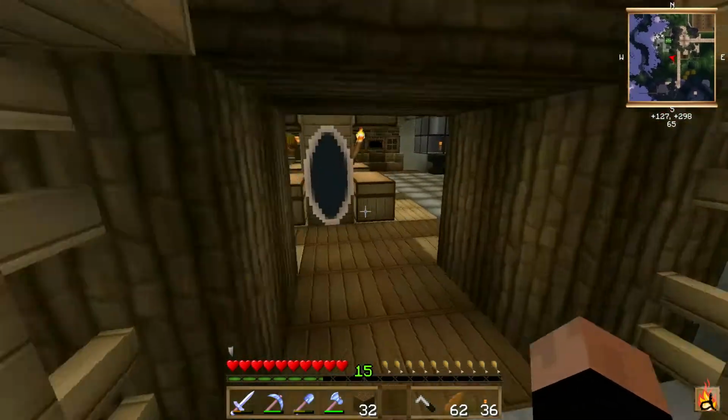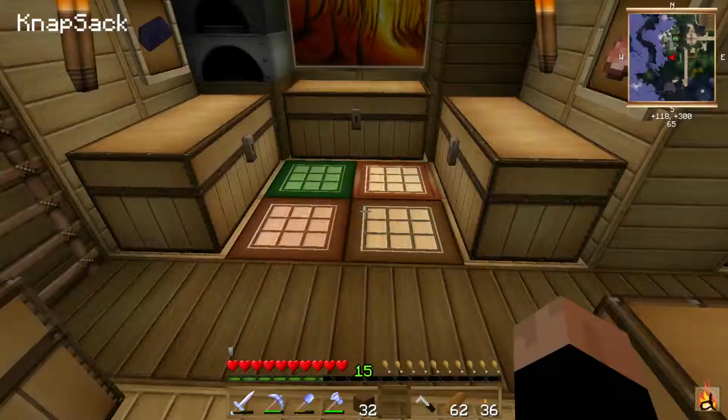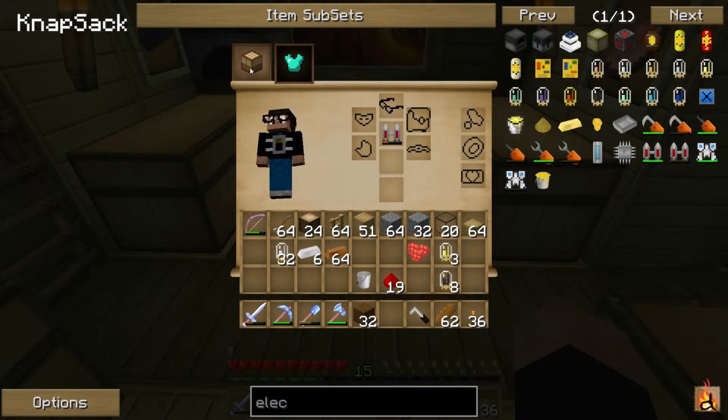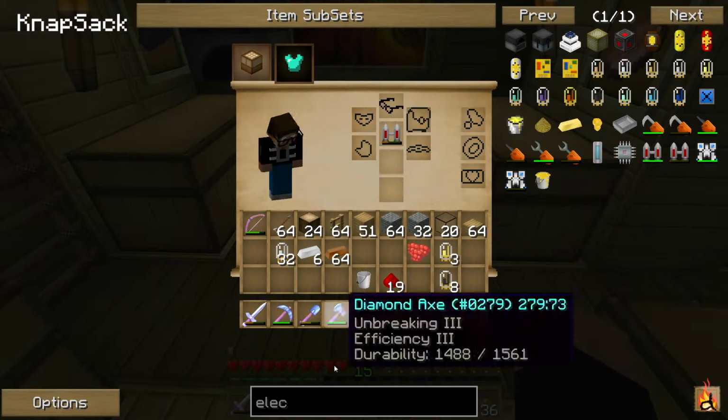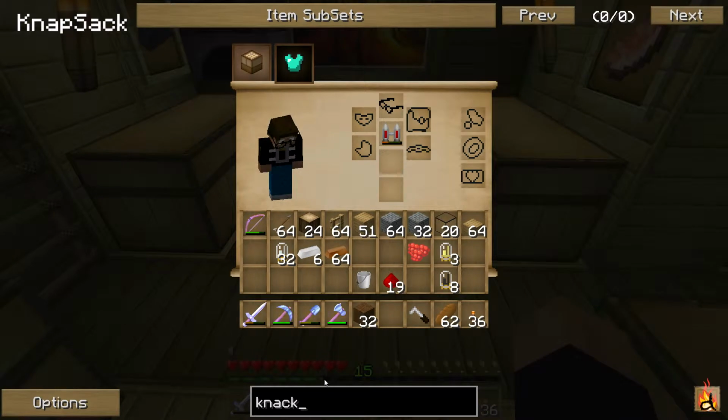Alright, so now the next thing we're going to work on is knapsacks. The knapsack kind of works like extra storage. You look here and we have these tabs. If you put a knapsack right here, you get another tab. So we're going to create a knapsack real quick, because if I remember correctly, we should already have, whoop,